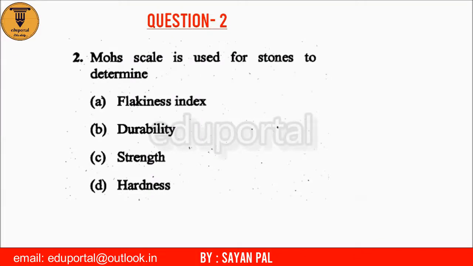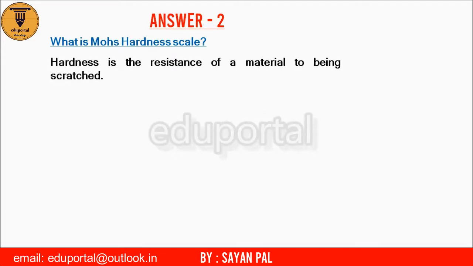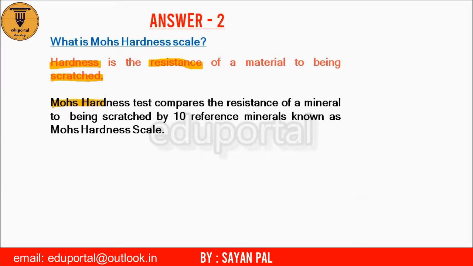So question 2 says, Mohs scale is used for stones to determine, and the answer will be hardness. Okay, so we will see what is Mohs scale and what is hardness. What is Mohs hardness scale? As we know, hardness is the resistance of a material to being scratched. This is hardness. Now what is Mohs hardness scale? In Mohs hardness test, we compare the resistance of a mineral to being scratched by 10 reference minerals. These 10 reference minerals are known as Mohs hardness scale, with respect to which we determine the hardness